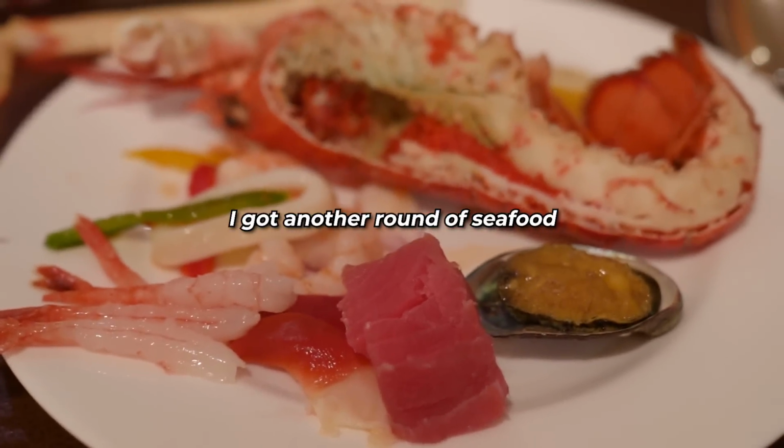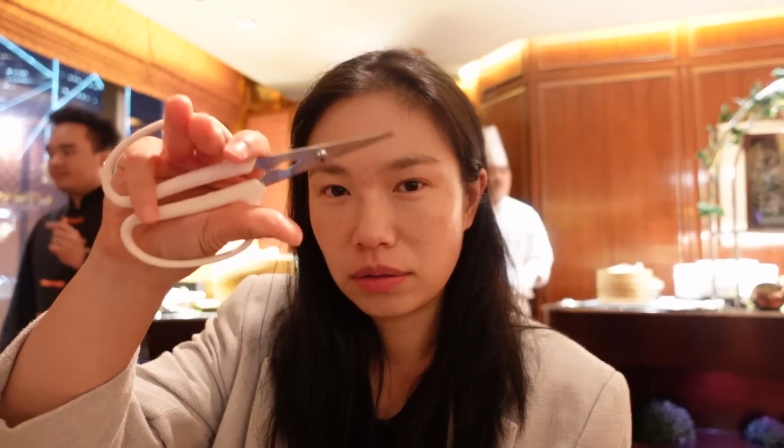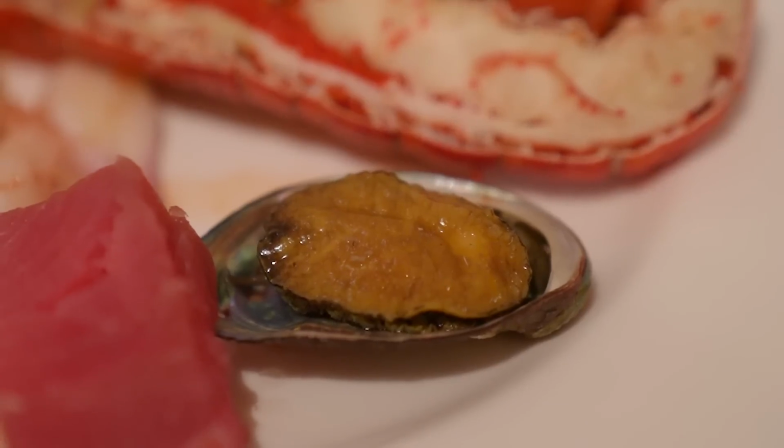I have got snow crab, tuna. They have surf clams now, so I got some of that. Got some sweet prawns, I got a little salad, and I also got abalone. This would be great for cutting into the snow crab. Let's try the abalone. This is something that I would have